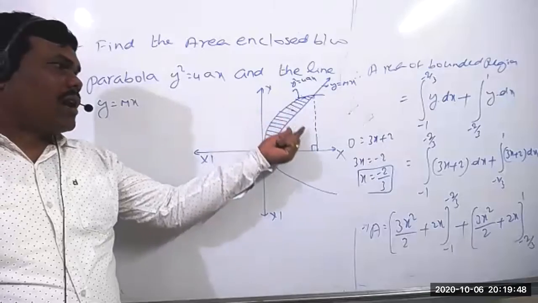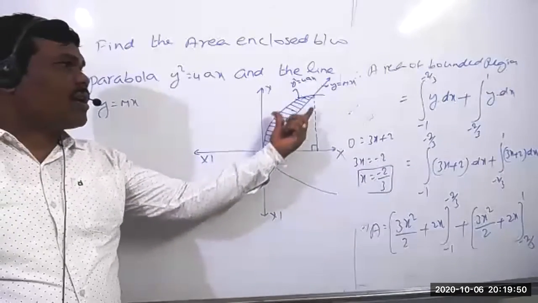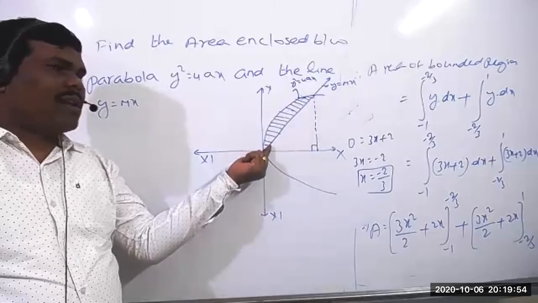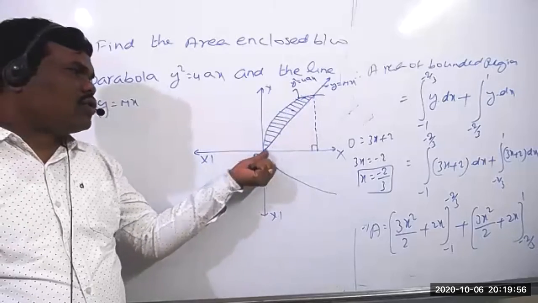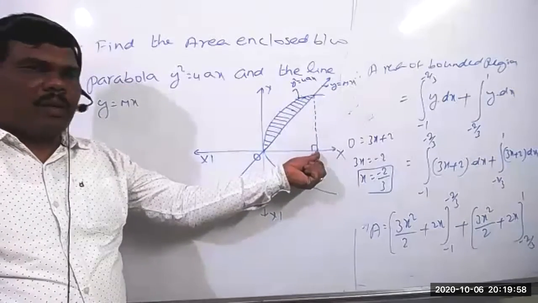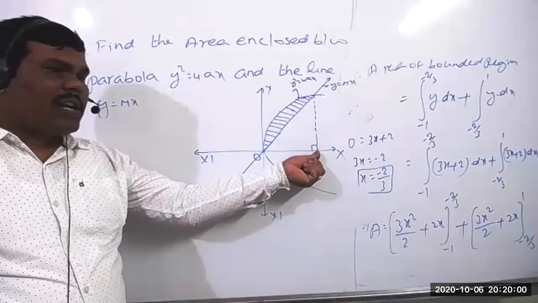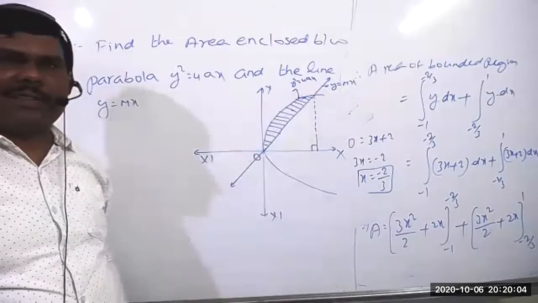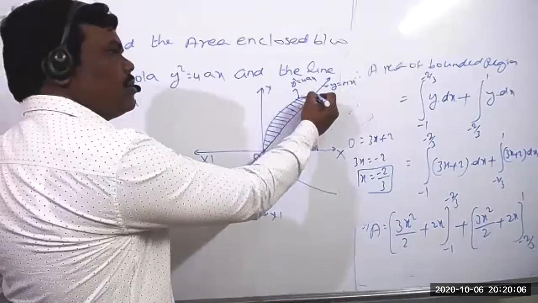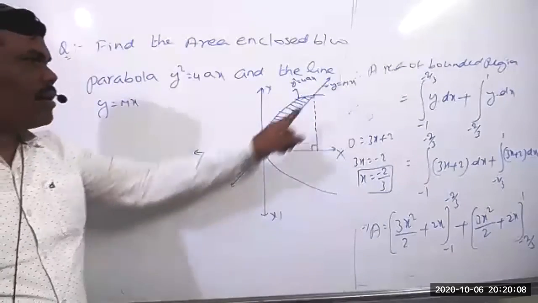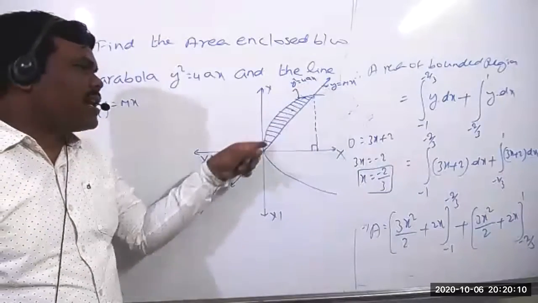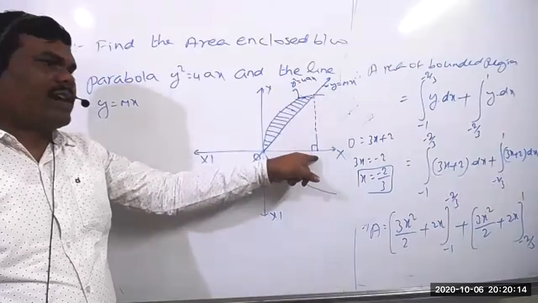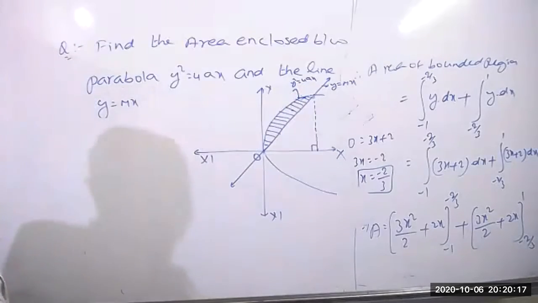The area of the sector, we have to take the whole area with respect to the curve, and the interval will be from 0 to this point. And how do we find that point? This point we find by solving the parabola and the line. Correct now? By solving the parabola and line equation, we'll get this point. Through this point, I can find it. Okay, solve now first.